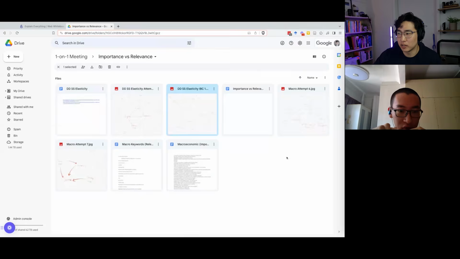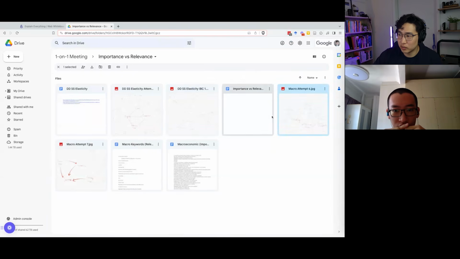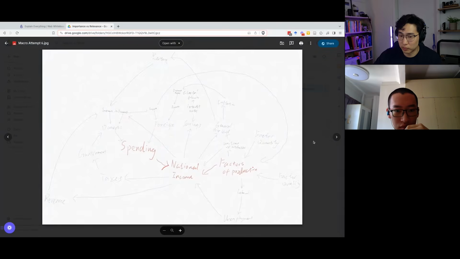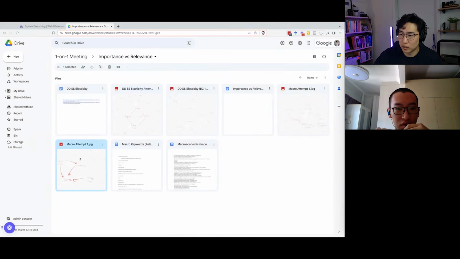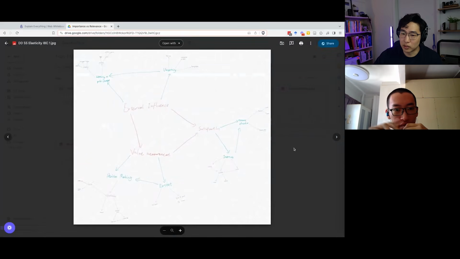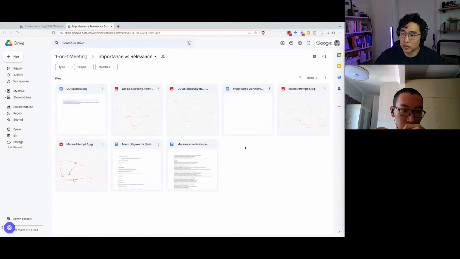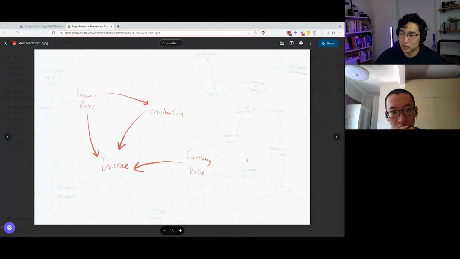This is later, right? Yes. The previous one in order of quality is this one, and this one is an earlier attempt. Then after that maybe this one, and then this one is the next best, and then this one is the best. But the latest attempt is actually macro attempt 7. Yes. This one's not bad though. But I think this one is not as good still.